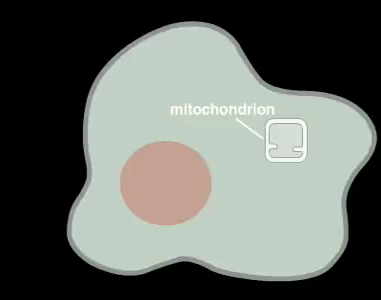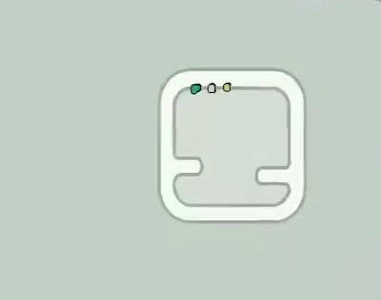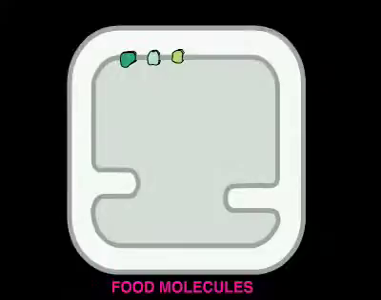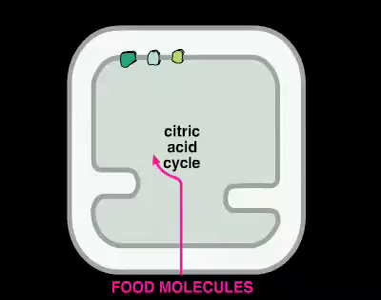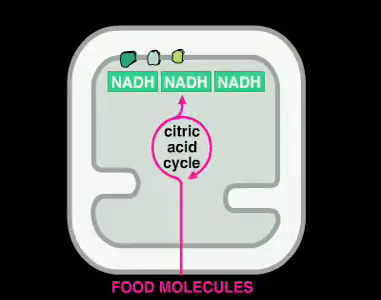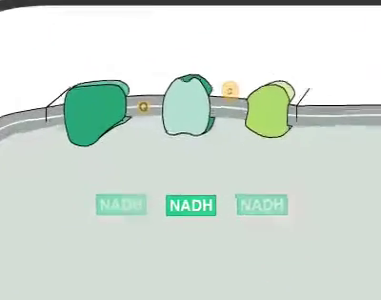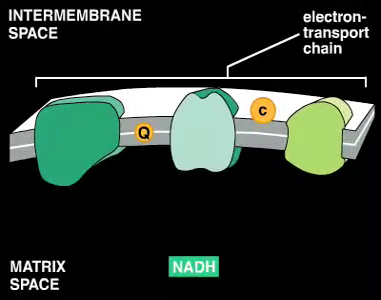The mitochondrion is the site of most of the cell's energy production. After food molecules are processed in the cytosol, they enter the mitochondrion, where they are further broken down. In the citric acid cycle, the molecules are stripped of high-energy electrons, which are donated to carrier molecules, such as NADH. The carrier molecules transfer the high-energy electrons to a chain of proteins called the electron transport chain, which is